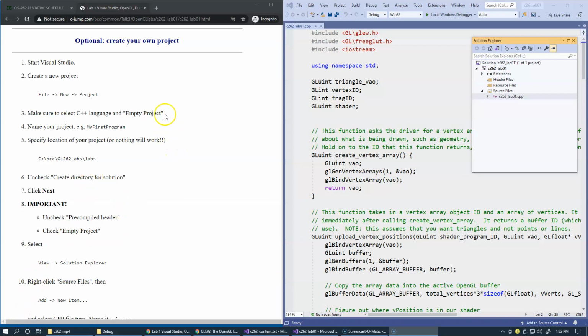So the remaining part of this laboratory is all optional. You really don't need to follow all these steps because it actually will take some time to do. But if you're curious how you would create your own project that does everything that our laboratory projects do, these are the instructions. So basically I would close the current solution, create a new project, and then make sure that